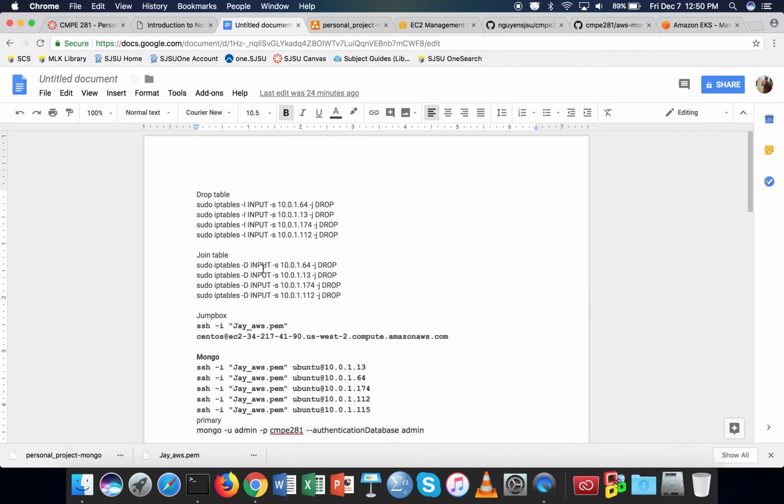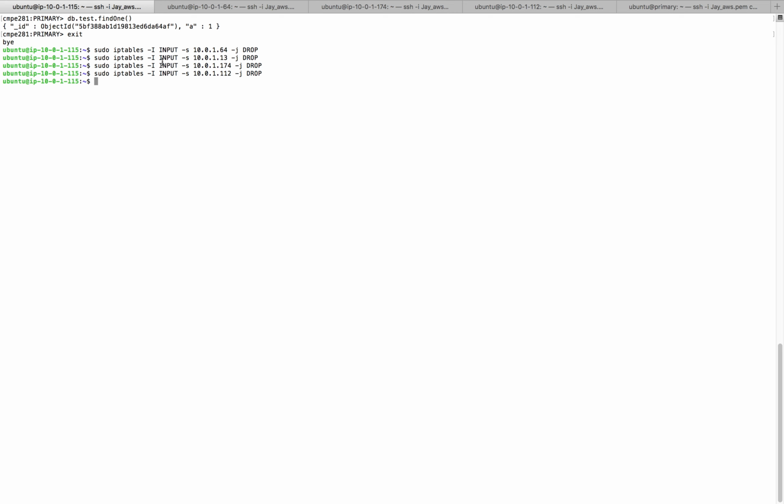So I'll try to do a partition on the primary node and check the behavior. So here are the commands. I'm doing this using iptables. So I need to exit from here, and yes, so now I dropped all the neighboring nodes for this primary one,